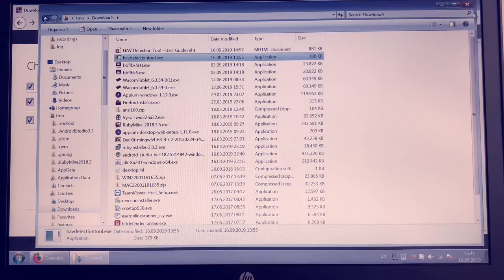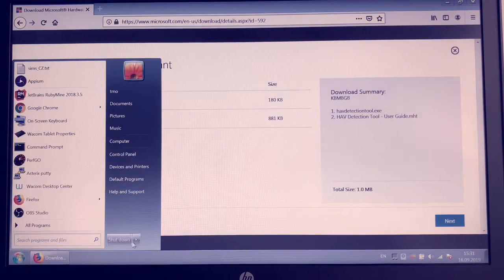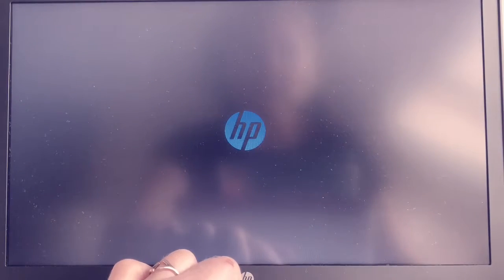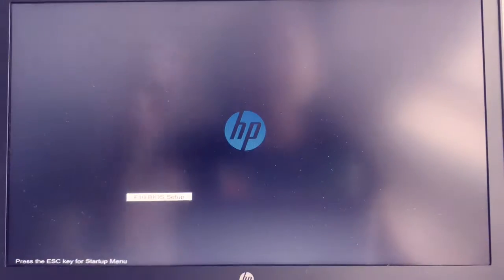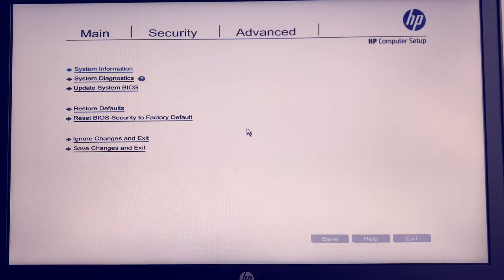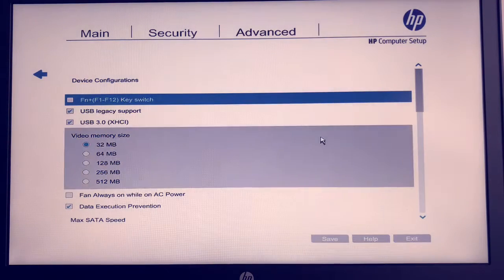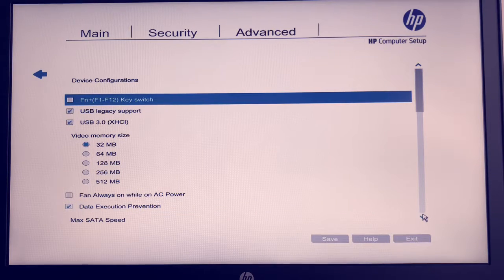To do that, I restart my computer and press F10 to enter the BIOS mode. There I go to the Advanced tab, then Device Configurations, and I scroll down looking for the settings,